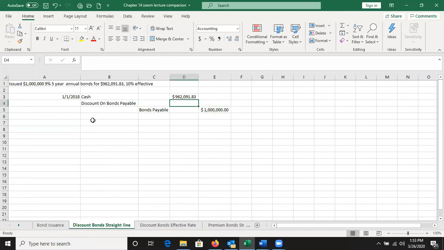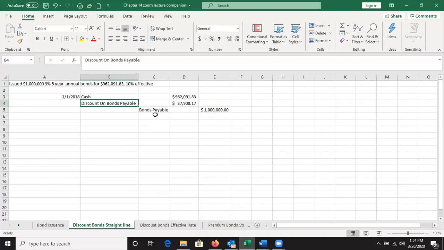Now the discount, when the face value of the bonds is greater than what we're actually issuing them for and what we're actually receiving, that's the discount. It's the difference. So 1 million minus 962,000, etc. So the discount's $37,908.17. This discount is a contra liability account, really, that takes away from the value of bonds payable on the